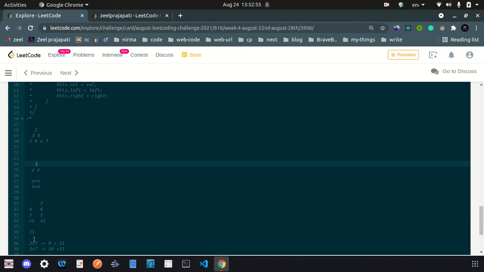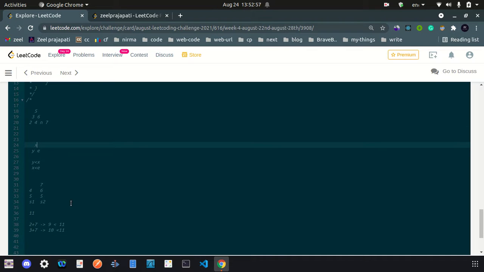Okay, let's see in each case what this approach will do. Let's say we have 5, then 6, then 7, then 8s, then 9, then 10. So how will our stack look right now?